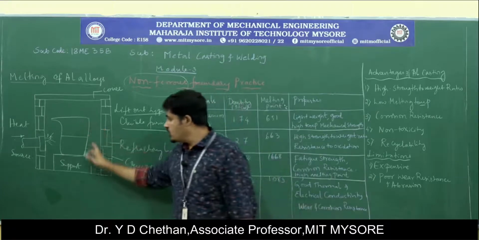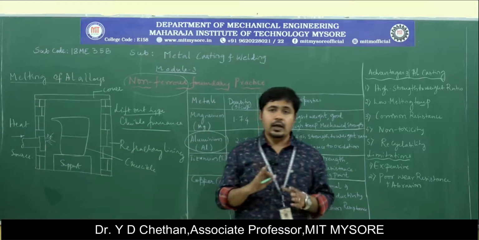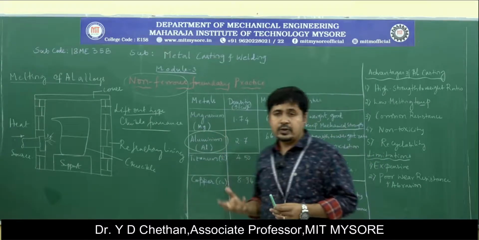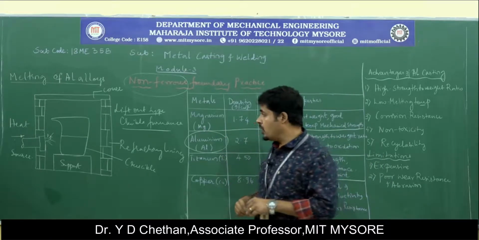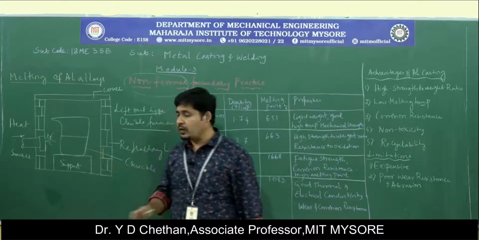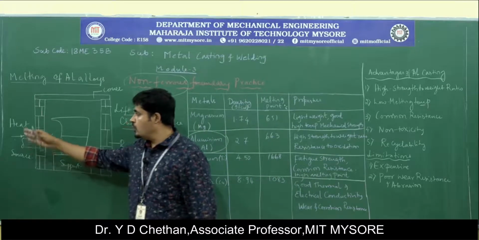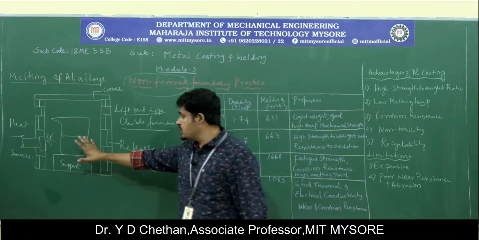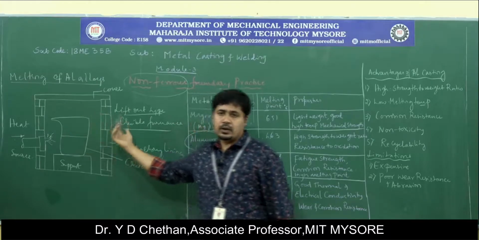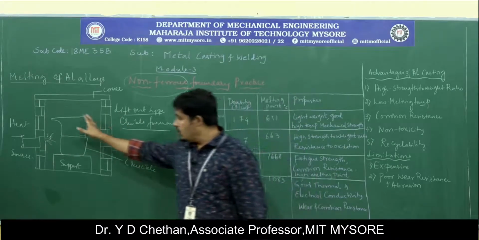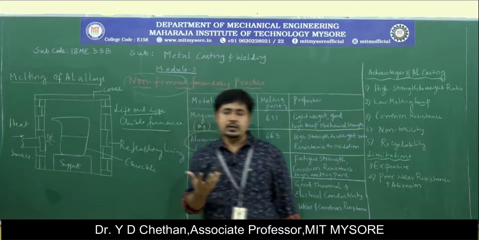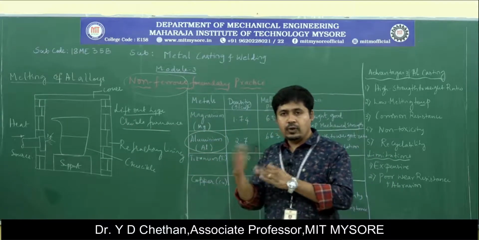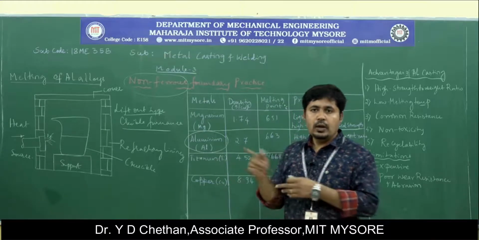So this particular crucible is made out of clay and graphite. These are basically refractory materials that are capable of withstanding high temperature, and this heat is derived from this particular heat source, that could be oil or gas or electric. Okay, this heat is distributed over this particular surface, then the whole crucible receives uniform heat, which is capable of converting the phase from solid to liquid.